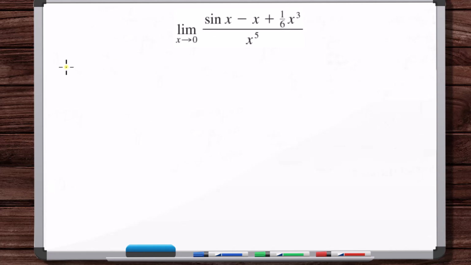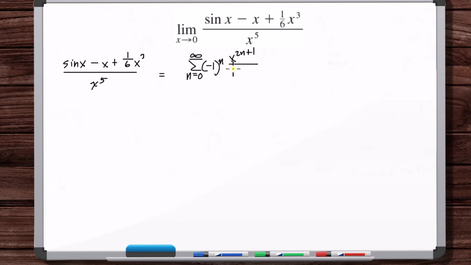All right, so sine of x minus x plus the sum of minus 1 to the n, x to the 2n plus 1 over 2n plus 1 factorial, minus x plus